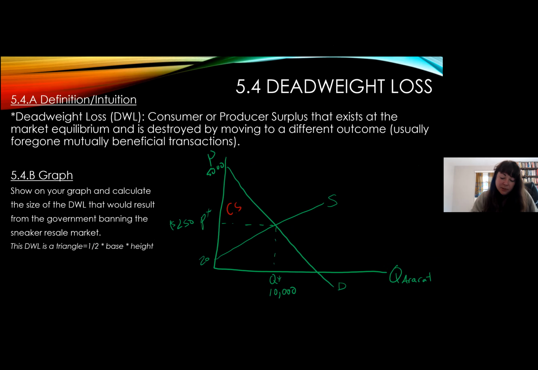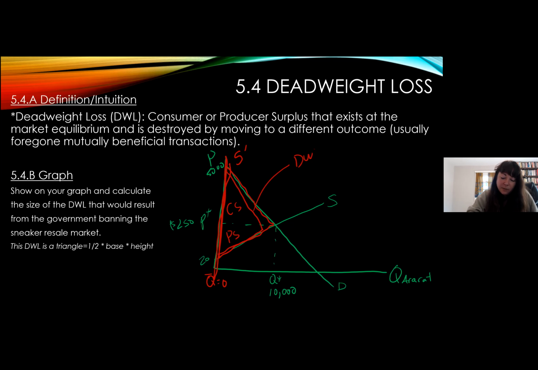All of this consumer surplus and all of this producer surplus are going to be destroyed. The quantity will be set to 0. It's like supply starts to look like this vertical line at this quantity of 0. It's perfectly inelastic at 0. Probably a black market will develop, but assuming they're able to successfully ban it, this whole triangle, this red